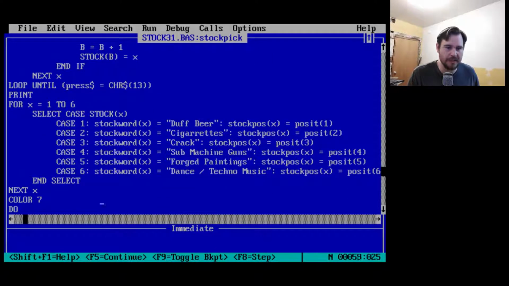CHR string 13. Okay, now that we've selected everything, stock word is... The stock word array is just going to hold the name of the stocks that we've selected. So if stock X was 1, stock word of 1 is Duff Beer. Now if stock X was 6, then it would be dance techno music. Okay. And the stock pause equals the position